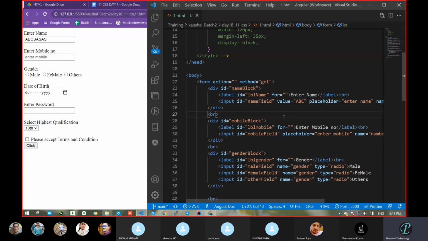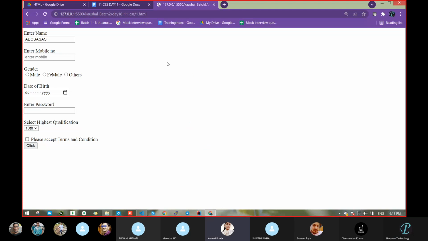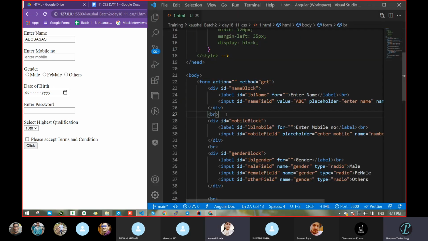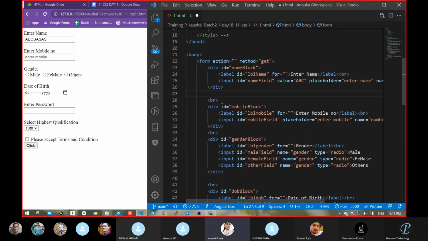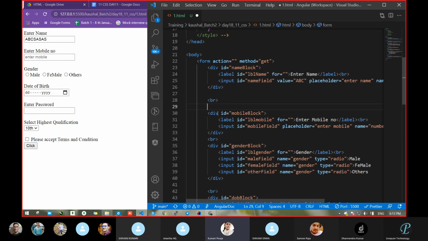Anyone, sir, having any space in the browser? Space between the blocks. Yes, enter name, mobile, space. Enter name and mobile number, this block you are telling. Yes. So I had taken a BR tag. After the BR tag also it comes on another line. Yes, due to this itself, everywhere I had taken a BR tag, sir, taken BR tag 2 times.